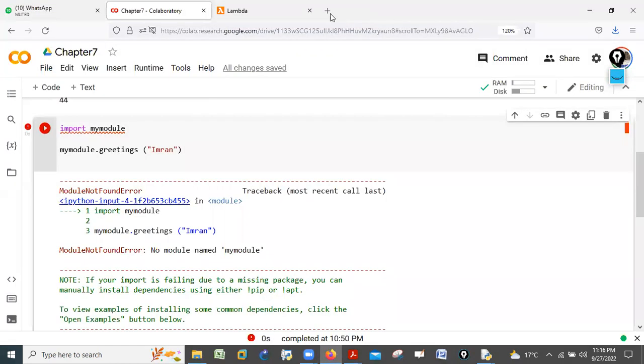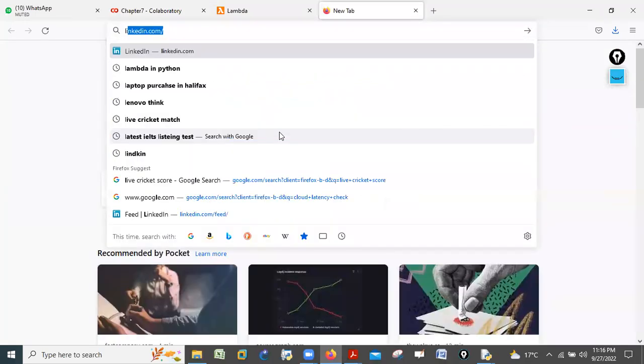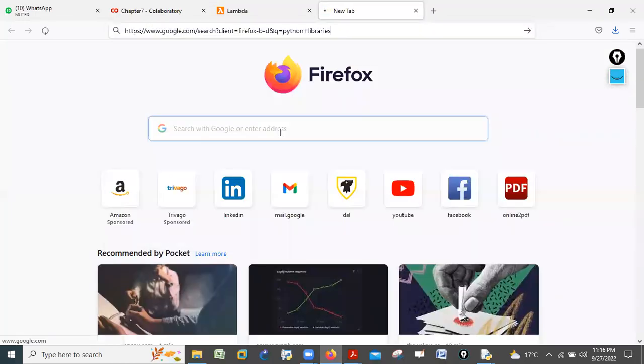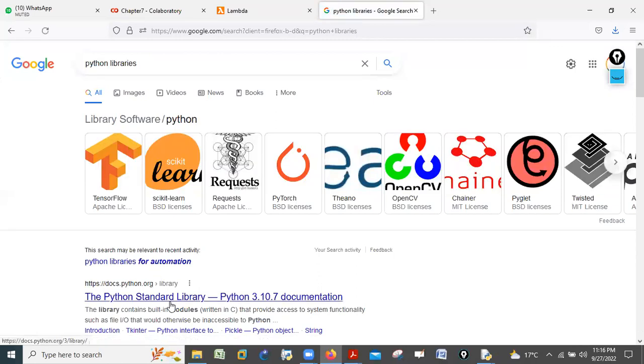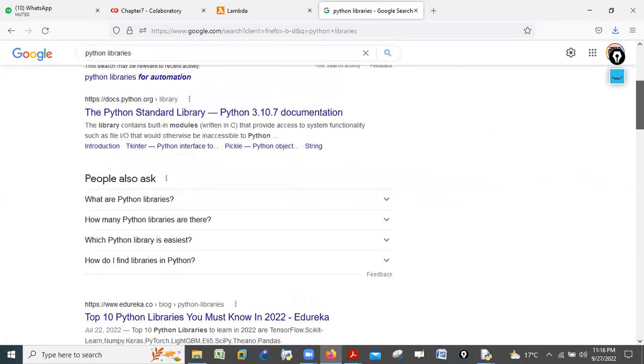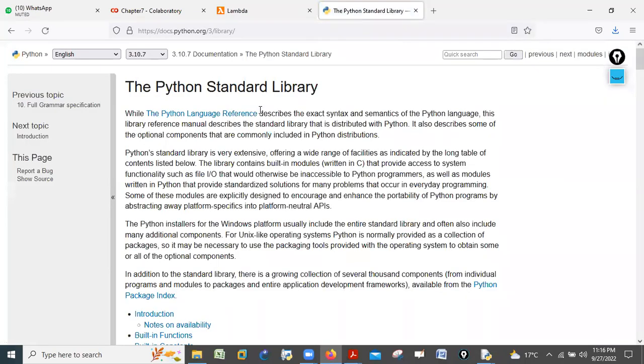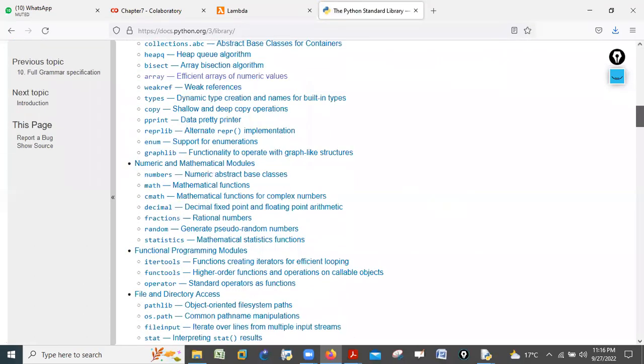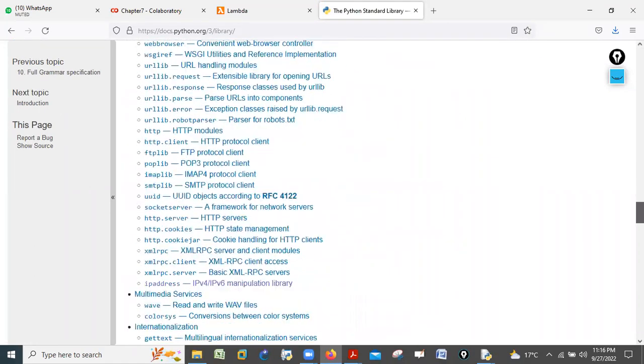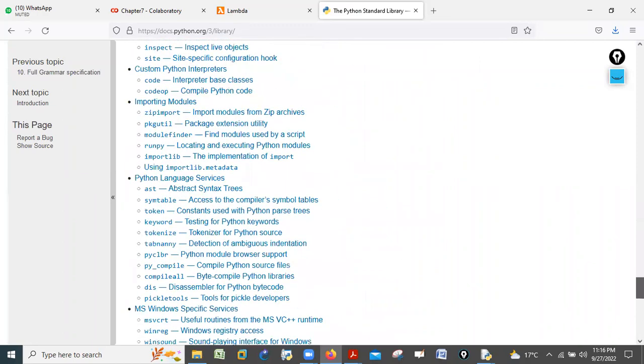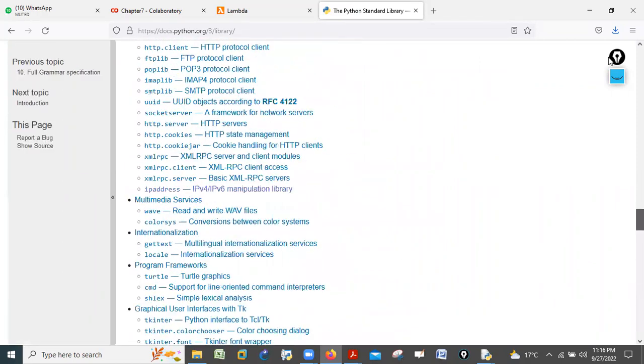So if I go here and search for Python libraries, when you click on the Python library, let me show you the Python standard library. Here you will get all the libraries. These are the list of libraries.